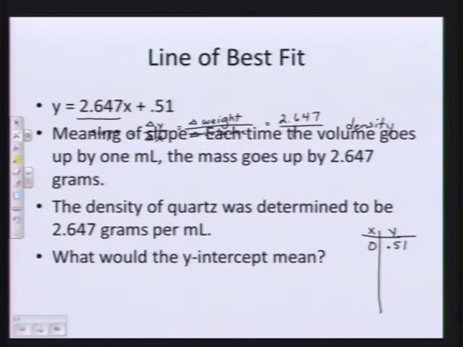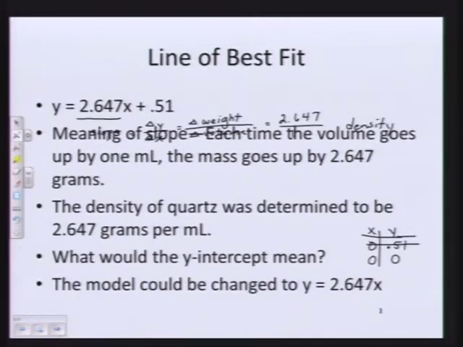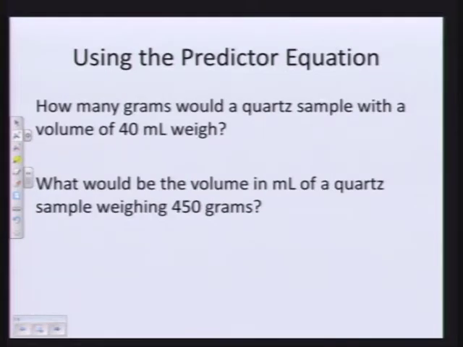It doesn't actually contain that point, we know, because if the weight were 0, the volume would be 0. So 0, 0 ought to be the theoretical y-intercept. So we changed it to y is equal to 2.647x as a model for this situation. So now I've got a predictor equation, a line of best fit for this data, and I could use it